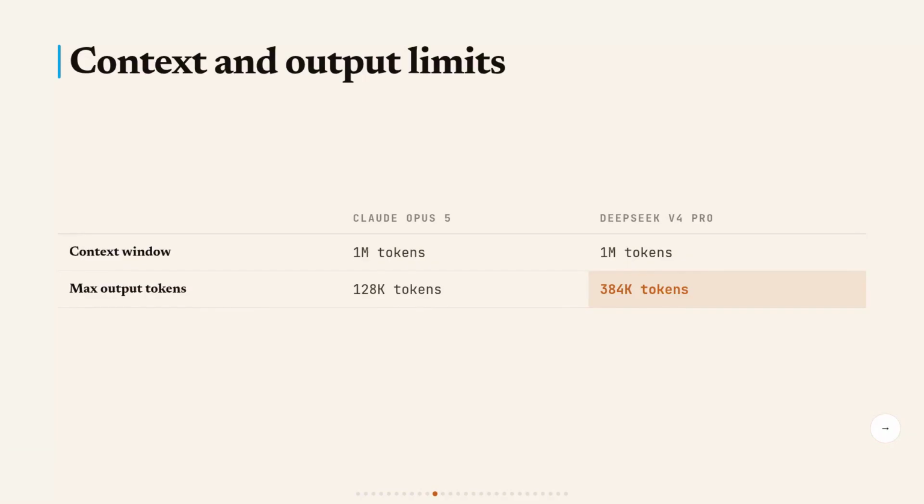DeepSeek V4 Pro can generate up to 384,000 tokens in a single response. That's 3 times what Claude Opus 5 allows at 128,000. Qwen 3.8 Max hasn't published a comparable output limit, so I'm leaving that one blank instead of guessing. That output gap matters most if you're running long, unattended agent tasks that need to keep generating for a while